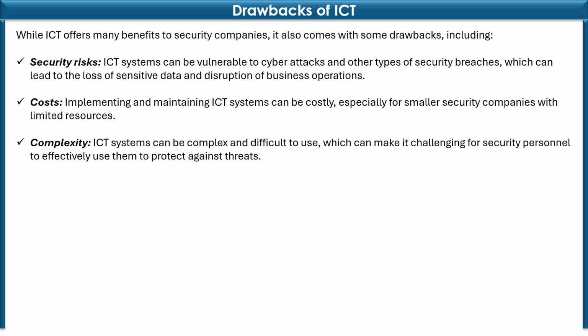Whereas cost, implementing and maintaining ICT systems can be costly, especially for smaller security companies with limited resources. Complexity, ICT systems can be complex and difficult to use, which can make it challenging for security personnel to effectively use them to protect